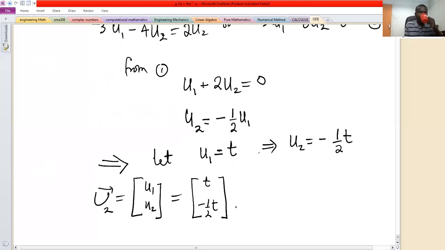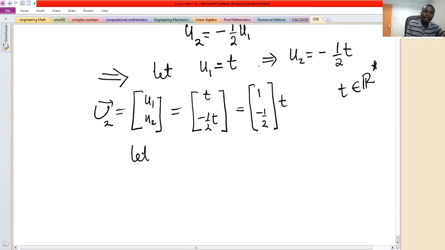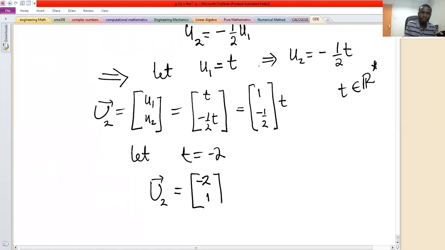And that will be the same as saying 1, minus a half, and then T. Remember, this T can be any non-zero real number. So if we let T to be minus 2, that's just a specific example, then I'll not have these negatives. Then U2 will give me negative 2 and then 1. So this is my U2,